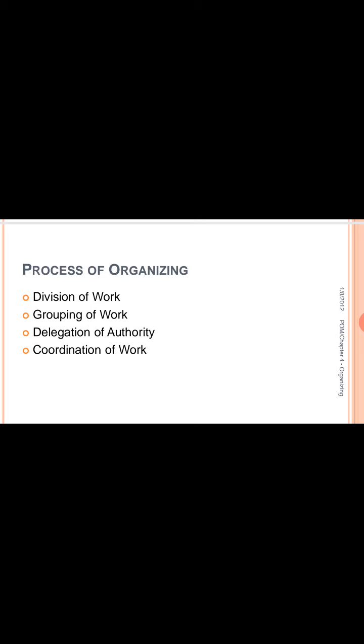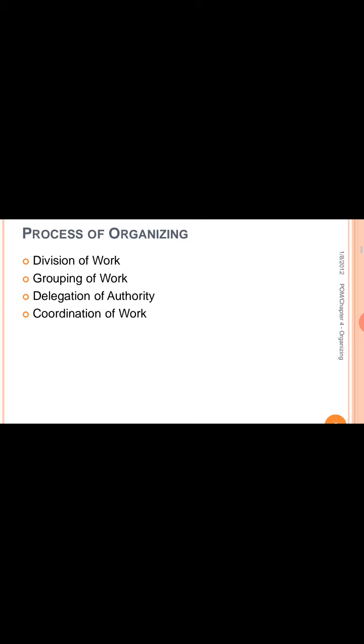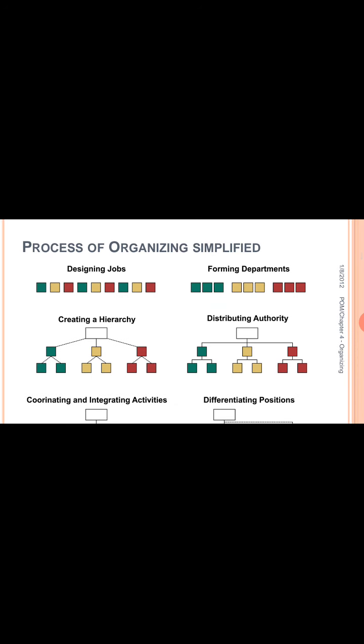Now next is the coordination of work. Coordination means that you are well informed about what is going on in the next department and how you are connected, and you have very good formal communication, so there will be no problem while doing the work. Coordination is very important for smooth functioning, and for proper management there should be good coordination among people. Now with the help of this diagram, we are going to study the process of organizing in a very simplified manner.